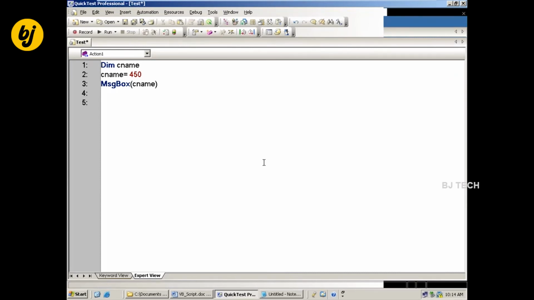But based on the arithmetic operators, it decides whether it is a string, integer, Boolean, or double. Two things you have to note down: the default variable data type is variant in VBScript, and in QTP it is string.